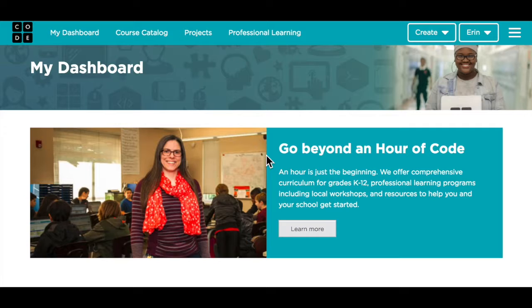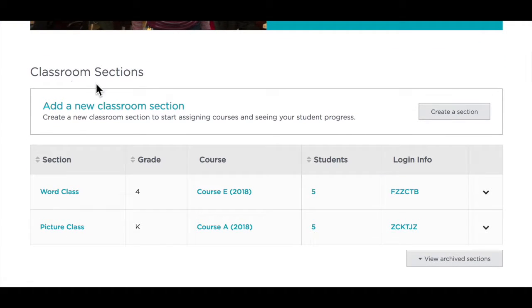Let's say you're working with students who all have their own email accounts and can handle registering for a code.org account on their own and joining your class. That means you would want to set up a classroom that uses personal logins. So you need to make sure you're logged into code.org, go to the My Dashboard section, scroll down to Classroom